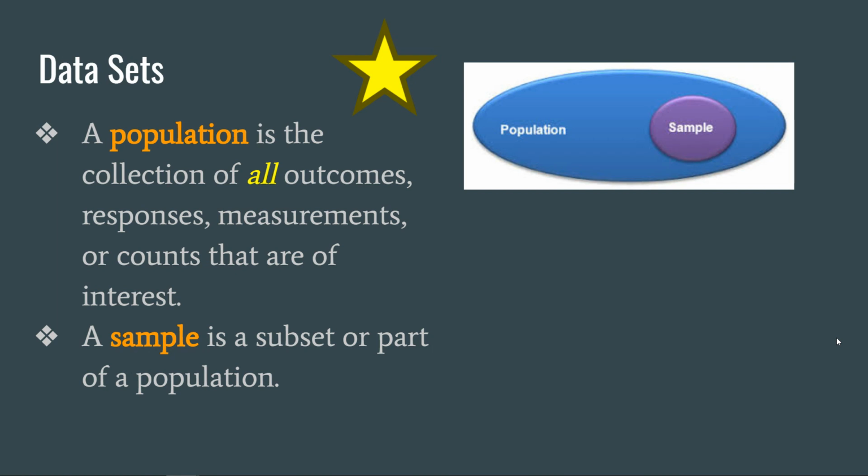So here's a picture of what I'm trying to explain. The population is like the big bubble, it's everybody. And then the sample is the little bitty purple bubble. It's just a smaller group. It's part of that population, but it represents what the rest of the population generally would be. Something to note is that just because a sample says one thing does not mean that is the absolute truth about the whole population. In fact, you could pick a different sample within that population and possibly get completely different responses. So therefore, you have to take statistics with a grain of salt.